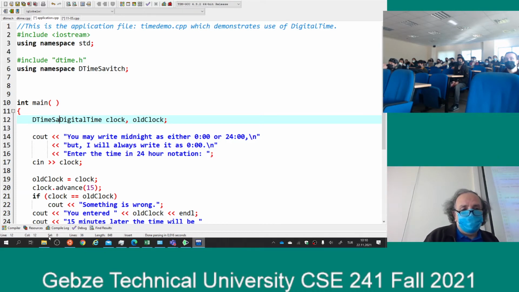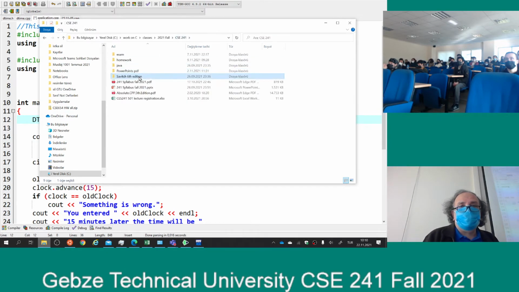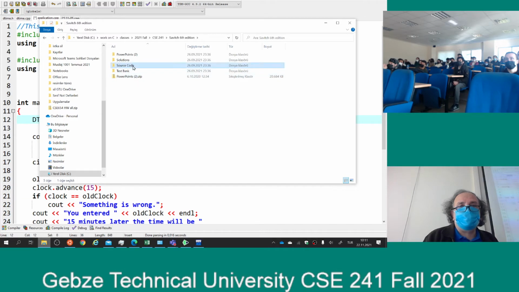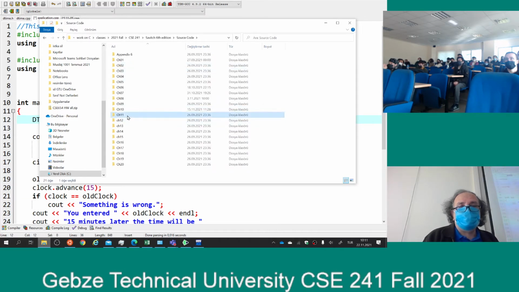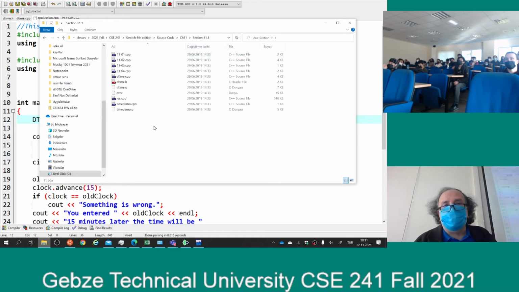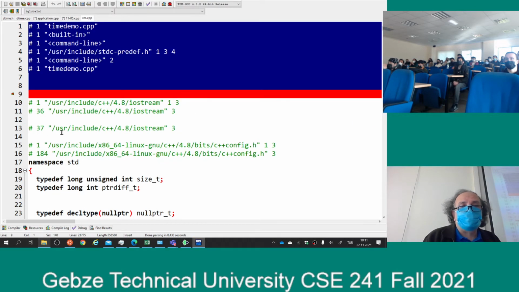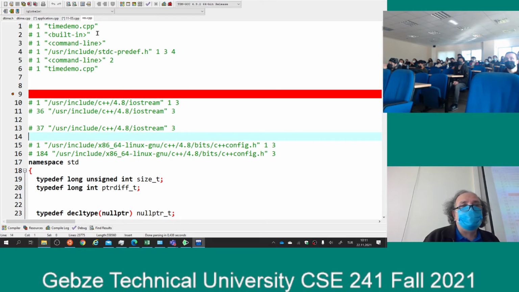In fact, maybe I did that somewhere. Let me see if I can find it. I think I compiled it for somebody. I hope I did not erase it. Maybe I did. Yeah, this one, rest.cpp. Let me see. It is 546 kilobytes of C++ code, and this one is produced by our preprocessor. Yeah, timedemo.cpp. I compiled timedemo.cpp